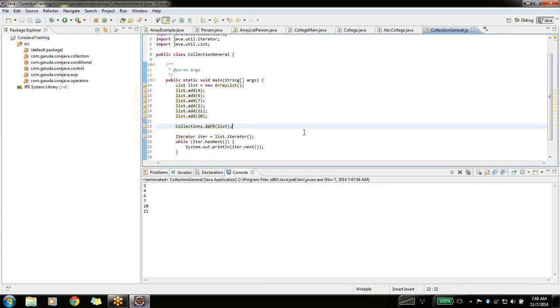Yeah, it's sorted. Correct. Now this is good. So you understood, right? What is static and what we are doing? Now I want it in reverse order, descending order. This is my requirement. So that time what we need to do is, we have another sorting method,